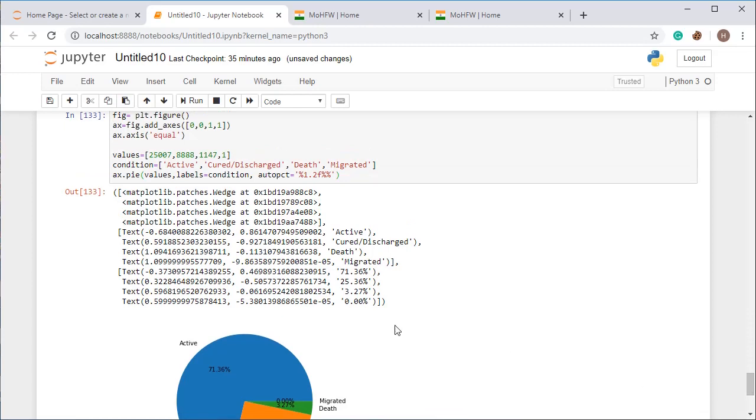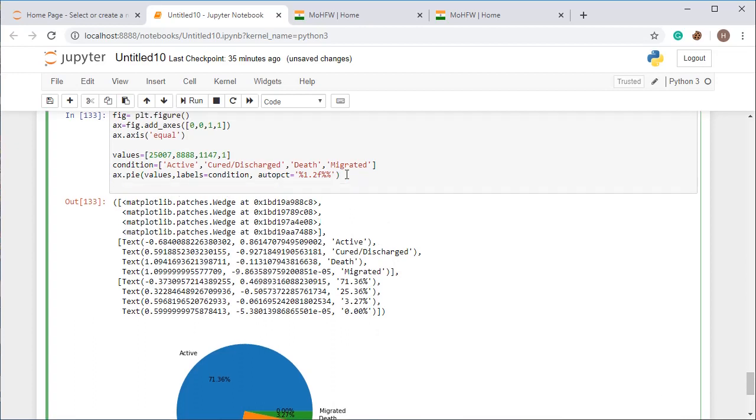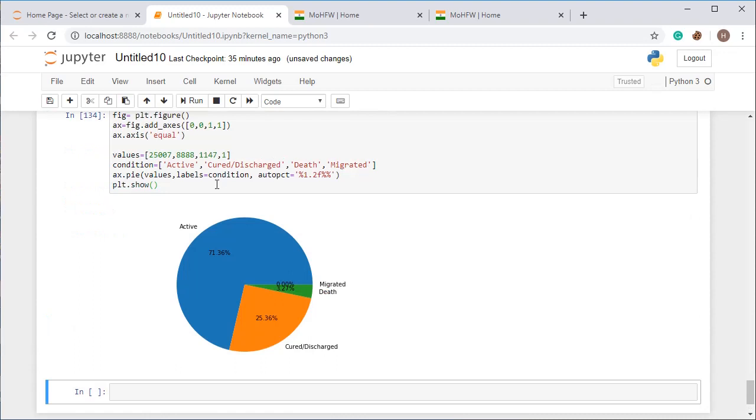If you will not add figure.show, then you are going to get this. If you add plt.show like this, then you might miss this. So if you want to see the calculations, just run that cell and you will get the things there. So here this one is the percentage of people for the coronavirus.